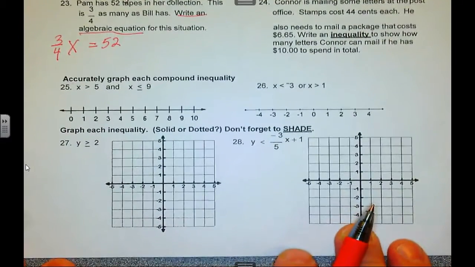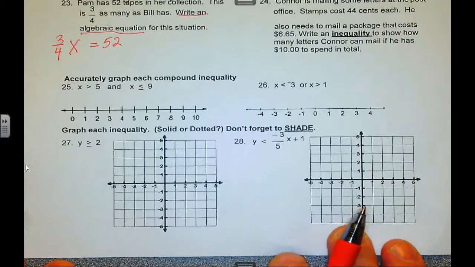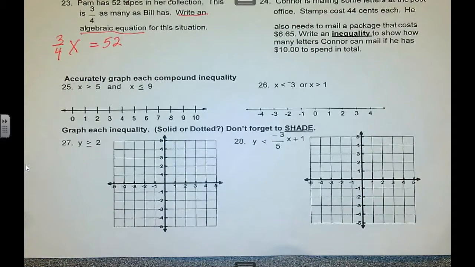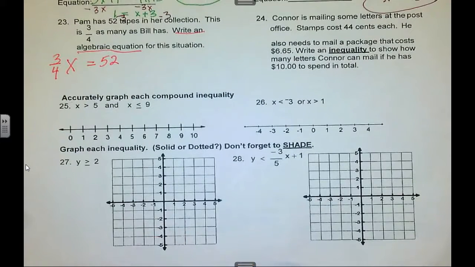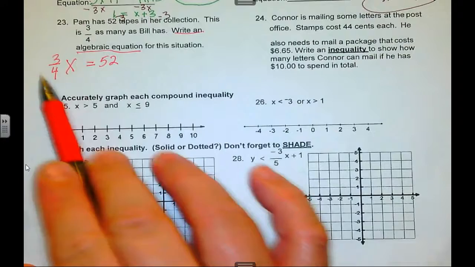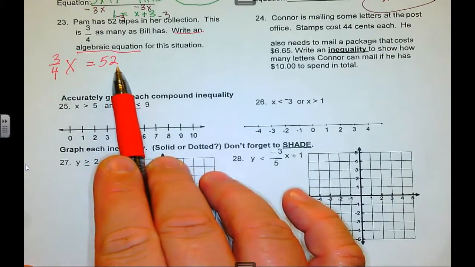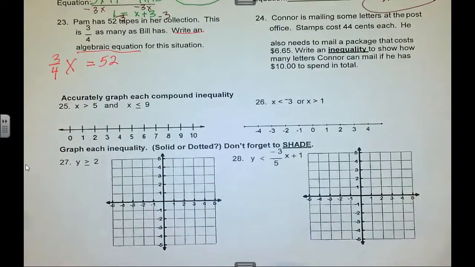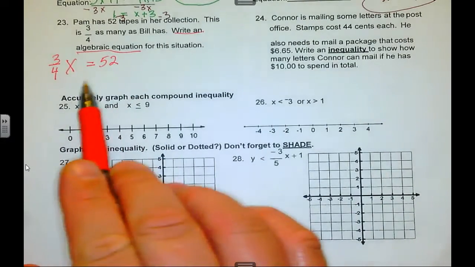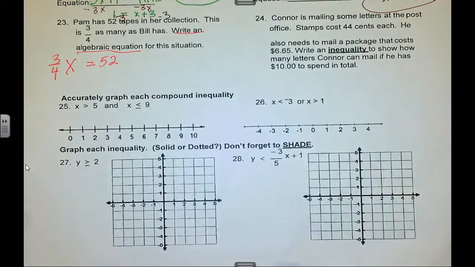25 and 26, I think I'll let you guys do. You could write it, well, you want the initial equation. That's what you're going to get graded on. And this is the setup of the equation. When you start putting 3x equals 4 times 52, you're starting to solve it. We're not looking for how to solve it. We know how to solve it. Setting it up is the